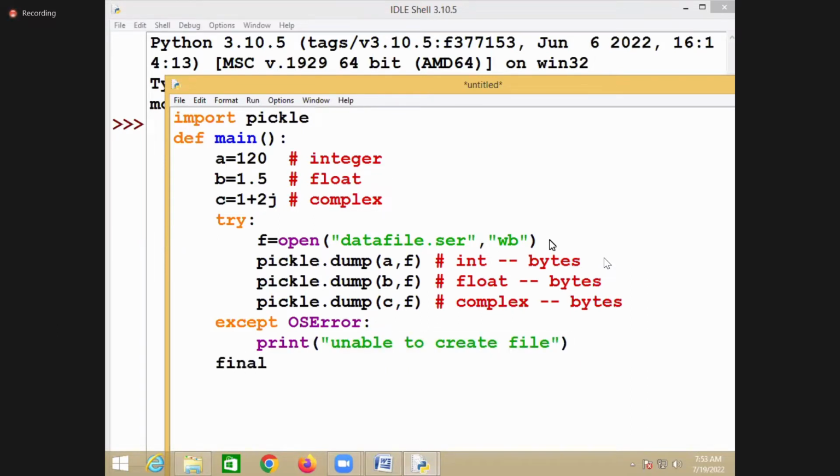And then in the finally block, you are trying to close the resource by saying f dot close. So that is nothing but deallocating the resource. One is for allocating the resource, the other one is for what? Deallocating the resource.